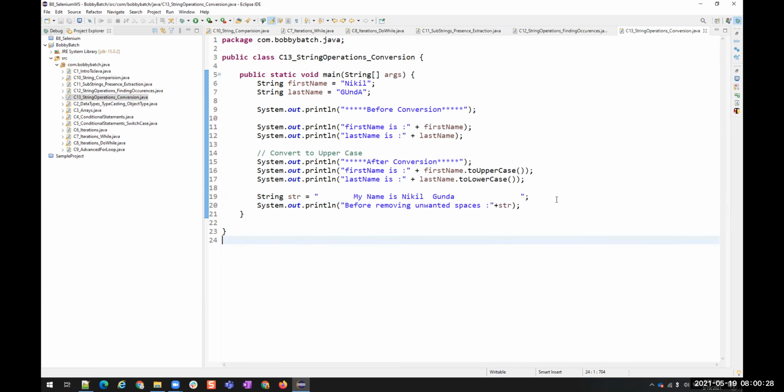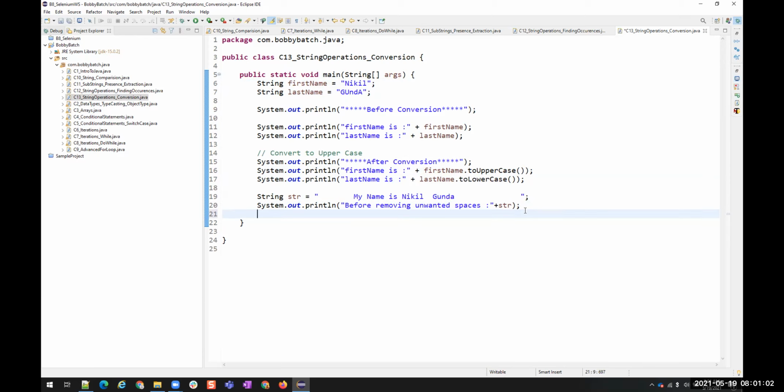Okay. What if I want to do only the first letter uppercase? There is no such method in Java. You cannot convert only the first letter to uppercase. Like in SQL? Yeah, we do not have that. We have only uppercase or lowercase, which is going to convert everything. So in that case, what do you have to do? That is a task.